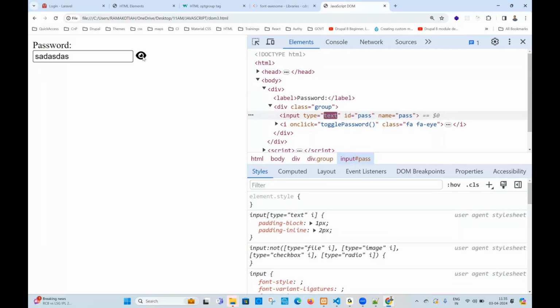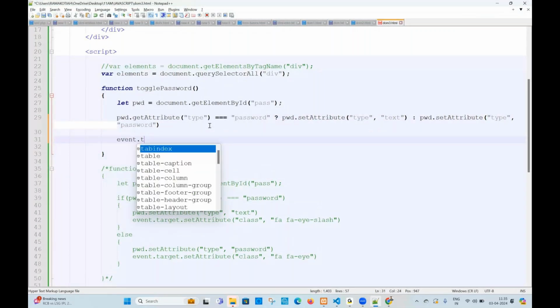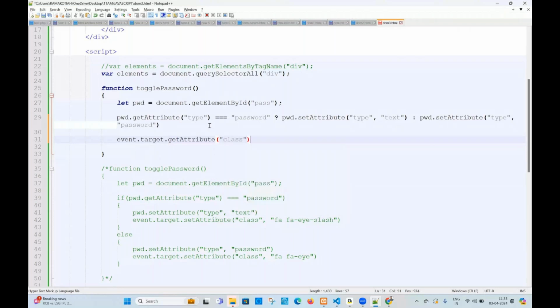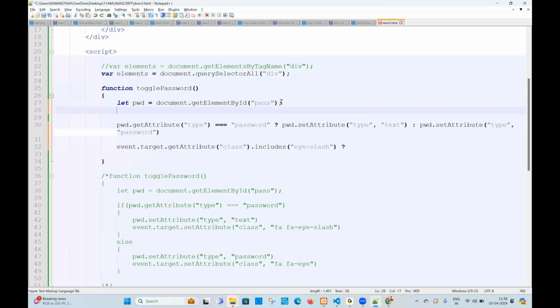Then tell me please, how do I write it? Event dot target, current element, dot get attribute. What is the class? Class dot includes. What will the includes method do? Includes I slash. If it is there, tell me what the thing is. If you are confused, let icon be equal to event dot target, the current element. Then in this place, wherever it is, write icon. icon dot get attribute of class includes I slash, then